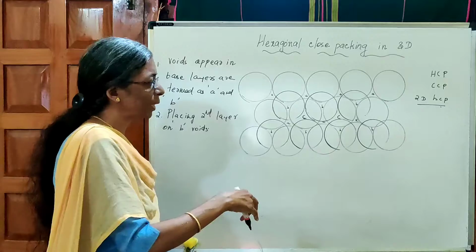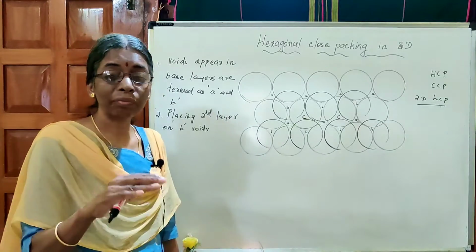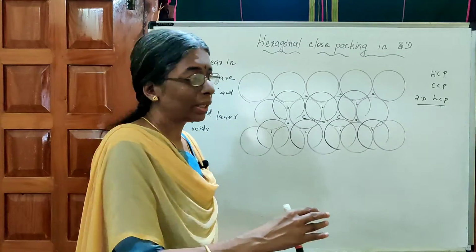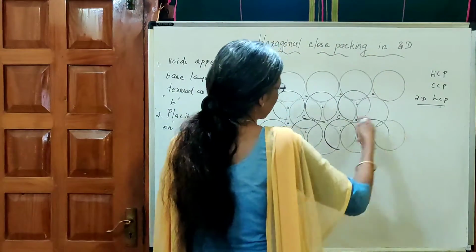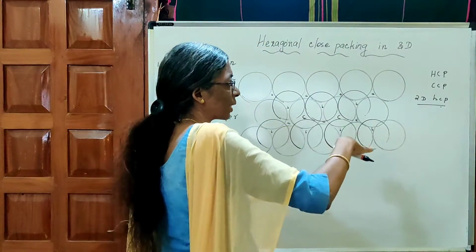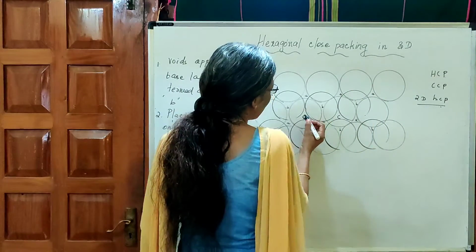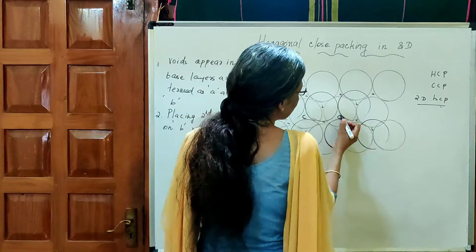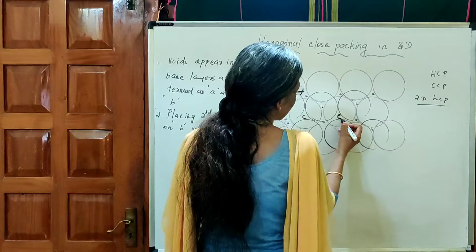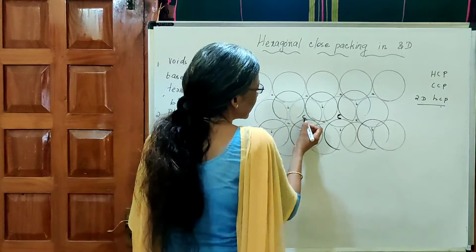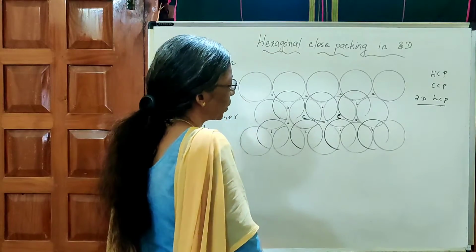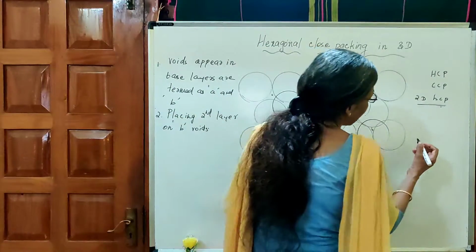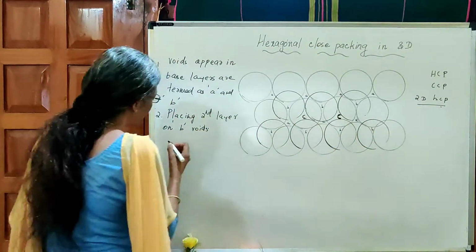So what is happening here? Here we have taken only a small portion. It goes on extending in three dimensions. So it goes here, here, here, and here again. That height comes like this. So the void C, here void C. I have taken only two voids, this void C and this void C. That is what you can call tetrahedral voids. So voids C